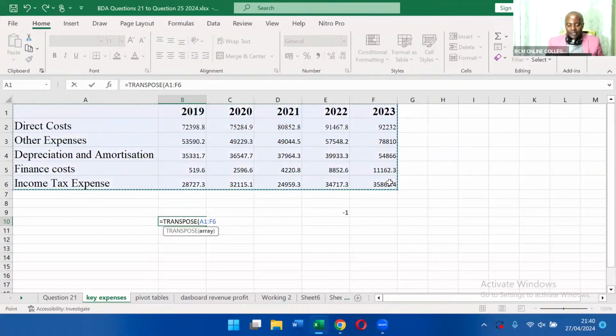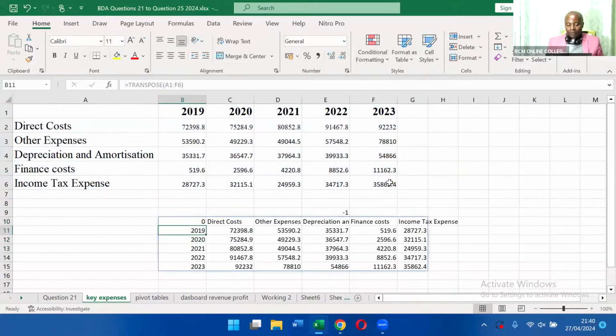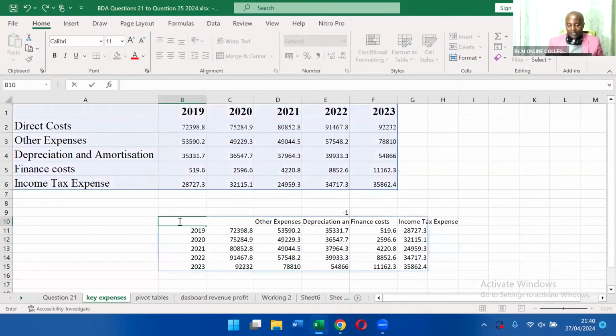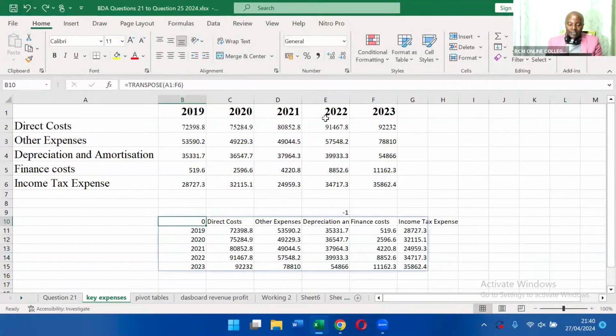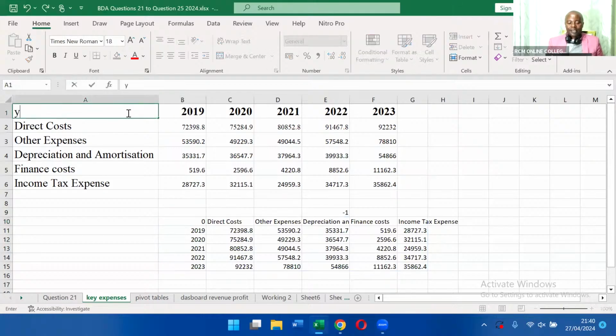All right. Enter. You don't even have to close. When you are seeing a 0 there, please put years, because there must be something. Put years there, because there are many. All right. So enter, and then you highlight everything. What happened? It means you must put the years here before you start transposing. Yes. And then, of course, because you use the formula,